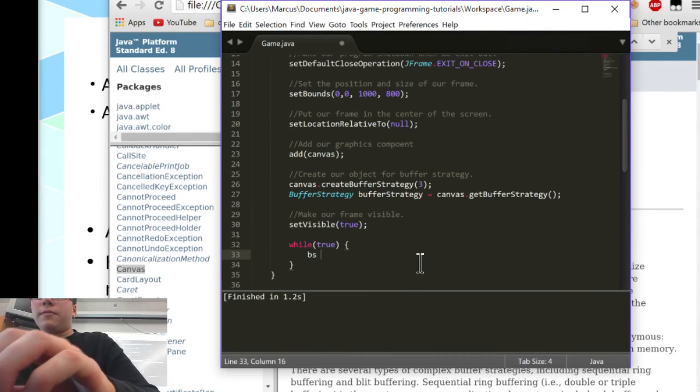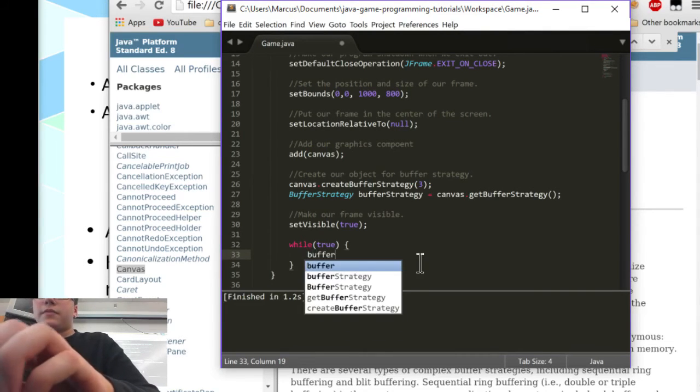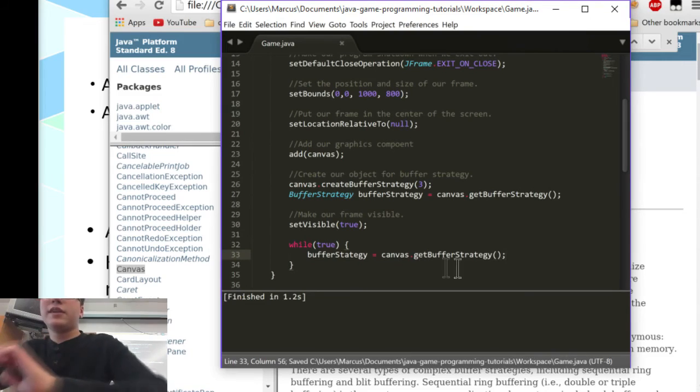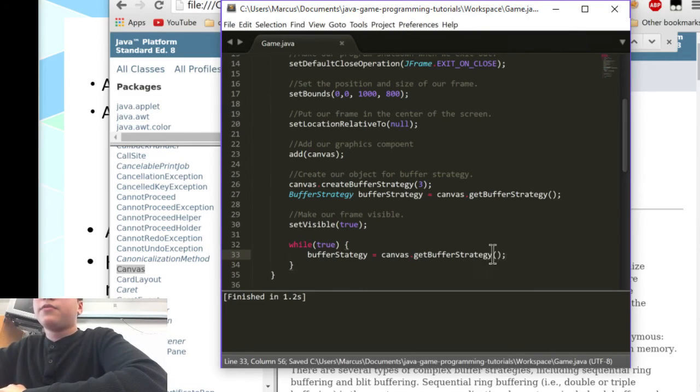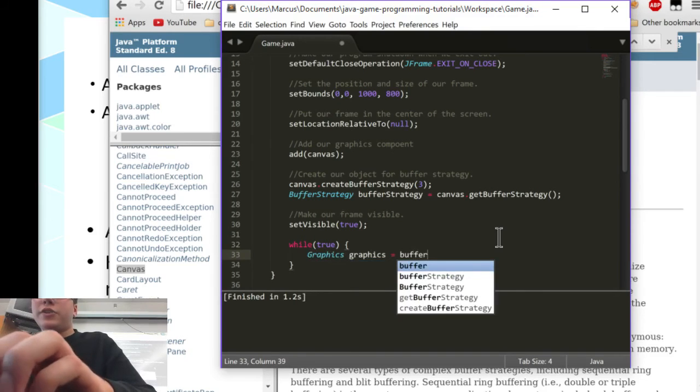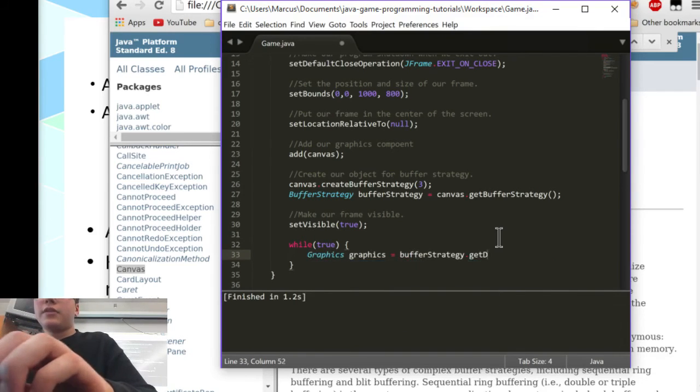And every single time this loops, we're going to get the buffer strategy from our canvas, because what this does is actually gets, I actually don't think I need to do that. I think about it. No. Instead, what we have to do is set our graphics. We create a graphics component, and set that equal to bufferStrategy.getDrawGraphics.